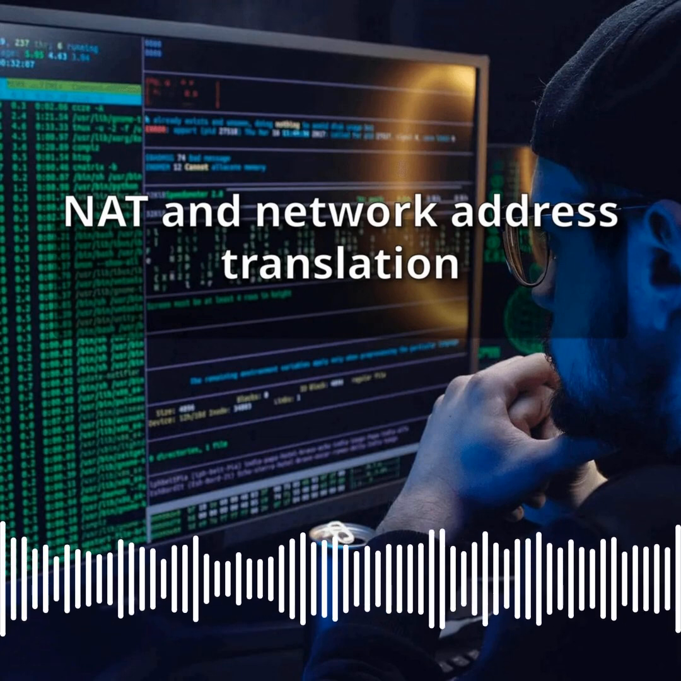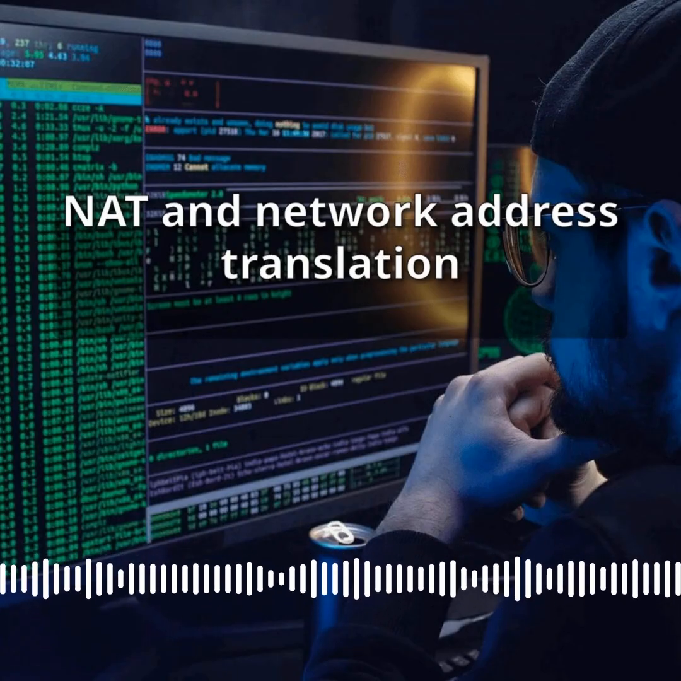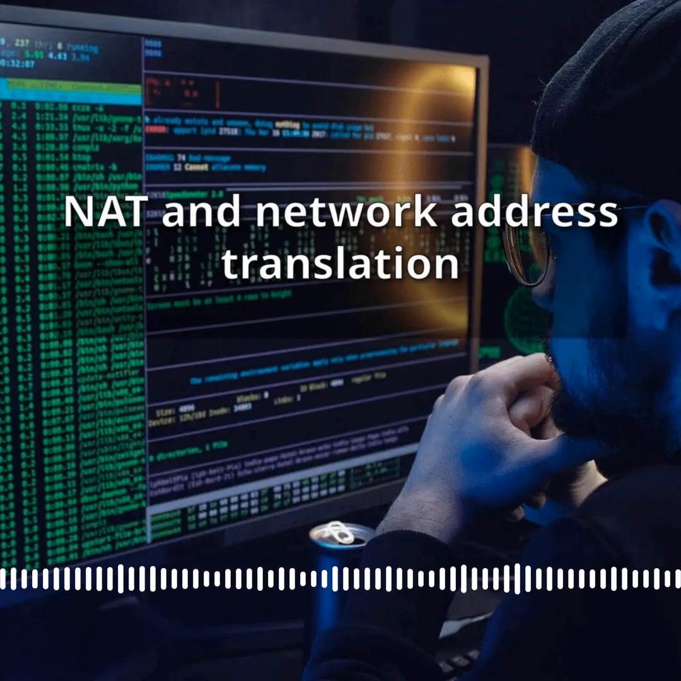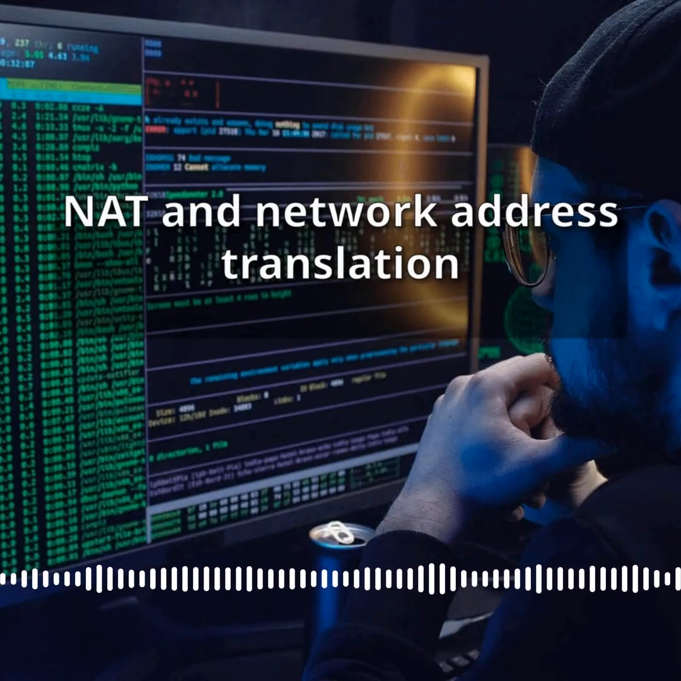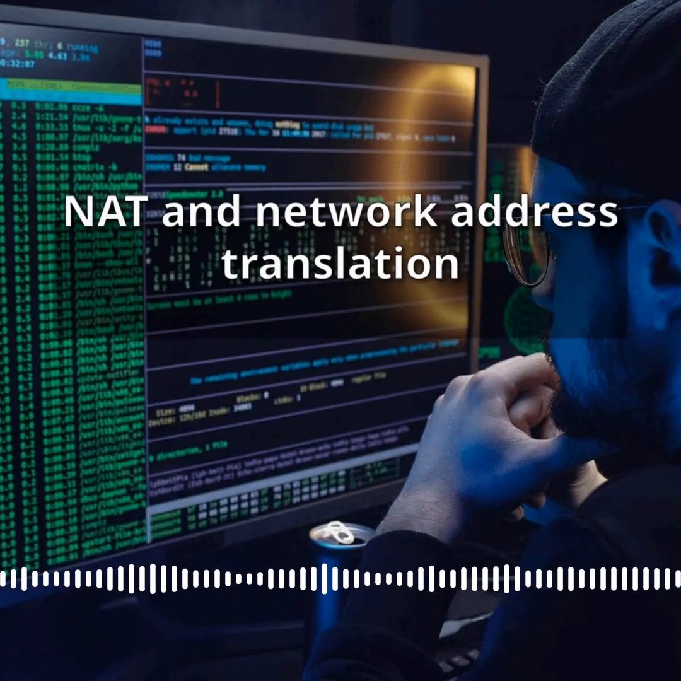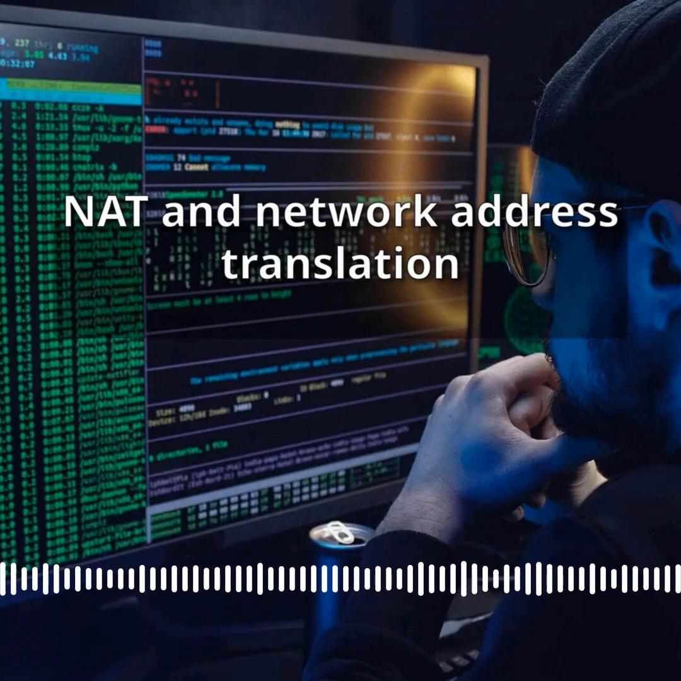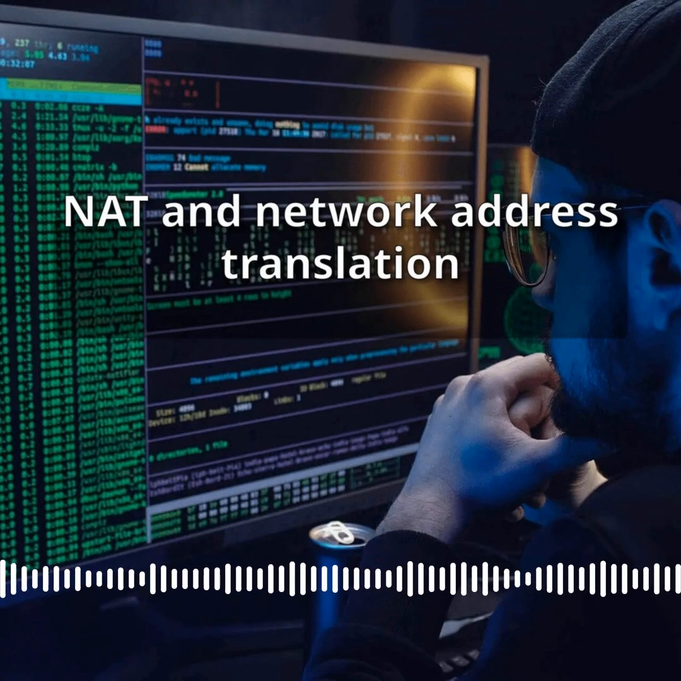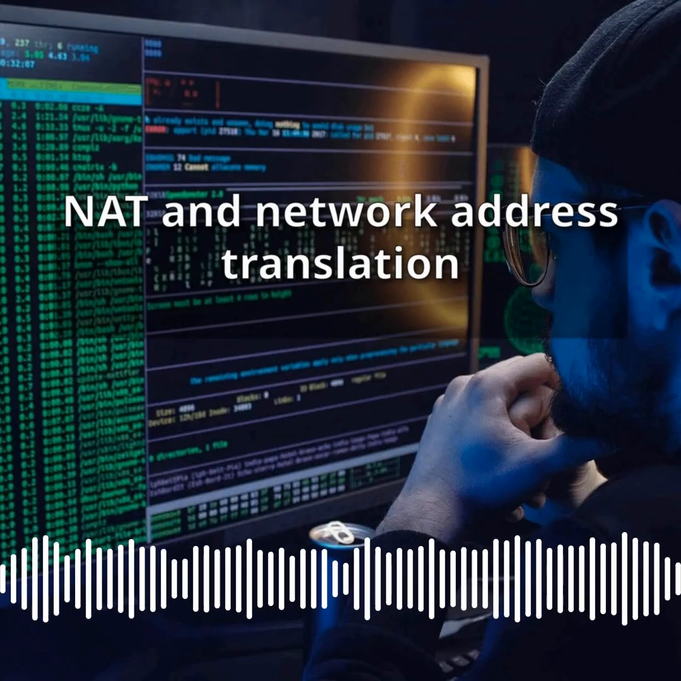To solve this problem without immediately replacing the entire Internet infrastructure, NAT was introduced alongside a concept called private address ranges. Private address ranges are blocks of IP addresses that are reserved for internal use within private networks and are not routable on the public Internet. These ranges are defined in a standards document called RFC 1918, and they include 10.0.0.0 to 10.255.255.255, the 10.0.0.0/8 block, and 172.16.0.0 to 172.31.255.255, the 172.16.0.0/12 block,